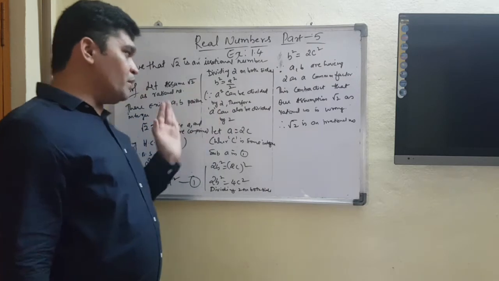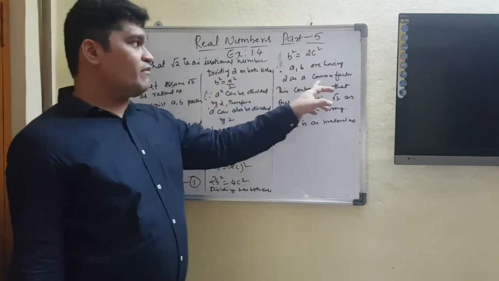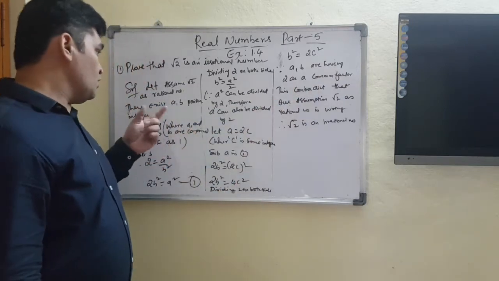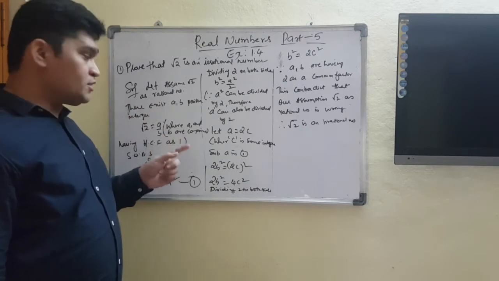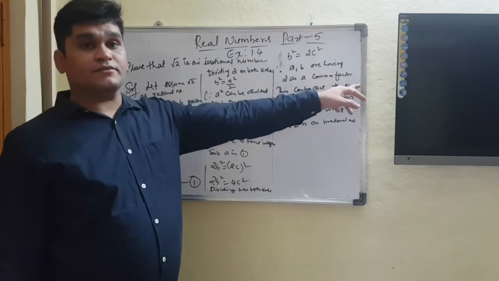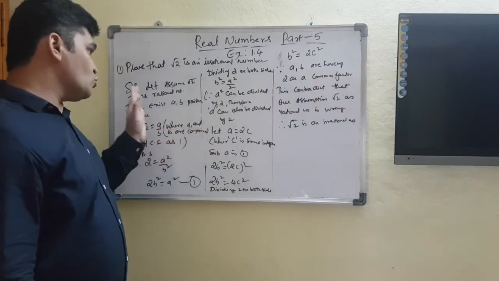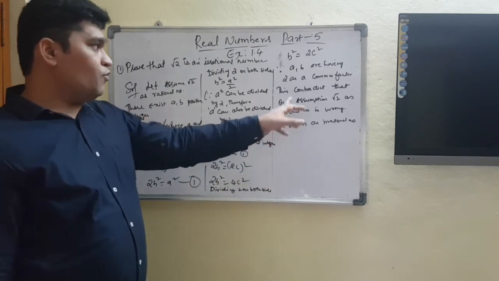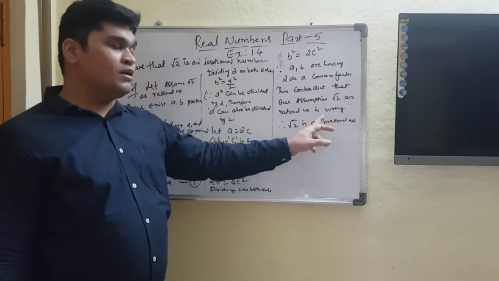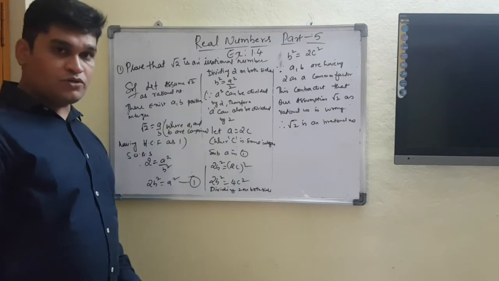Now if you compare a and b, in both the terms I have divided by 2. It means 2 is a common factor, but what was our assumption? That if A and B are co-prime numbers, they should have only 1 as HCF, but we got 2 as a common factor. It means our assumption, which we have considered as root 2 as a rational number, is wrong. Therefore, this contradicts that our assumption of root 2 as rational number. Therefore, root 2 is an irrational number. Hope you understood. Please copy.